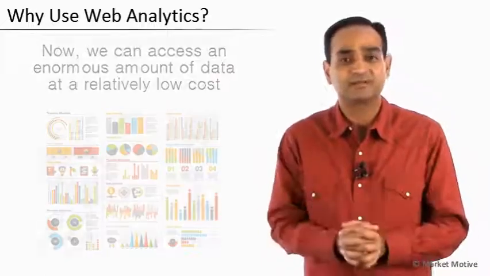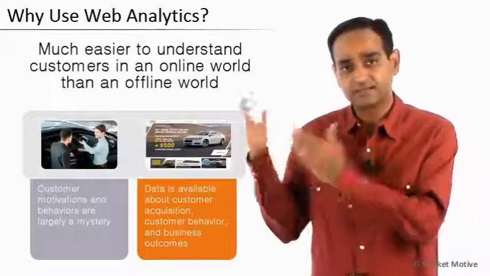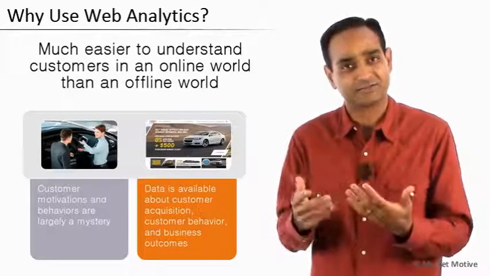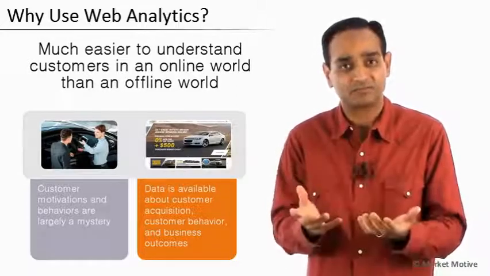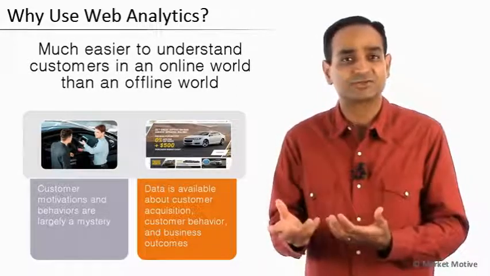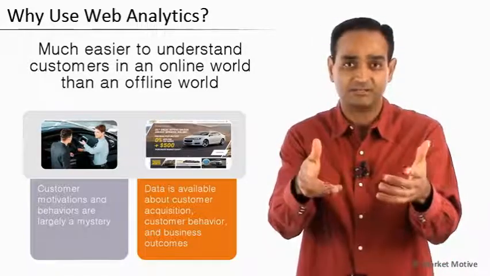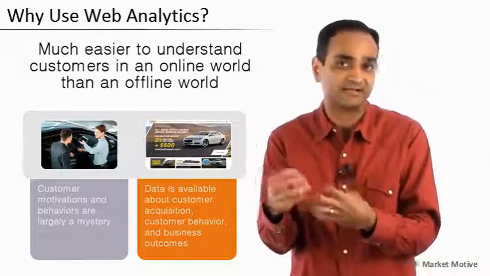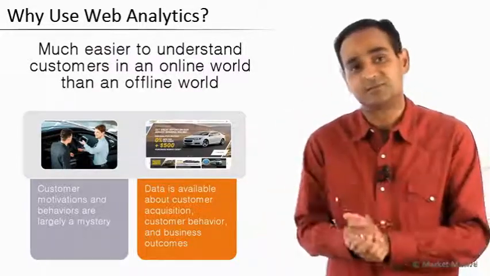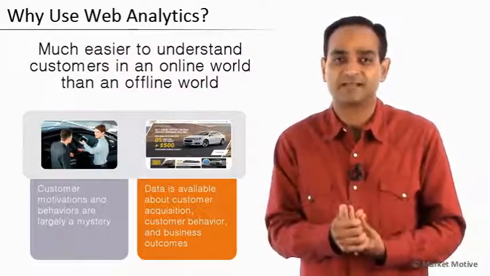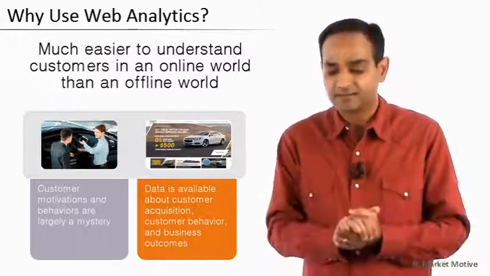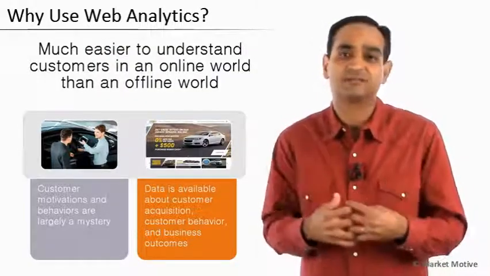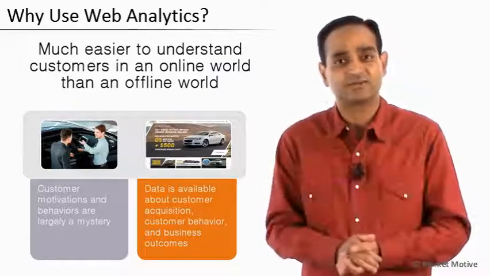For example, if somebody walks into a Chevy dealership here in Santa Cruz, you probably have very little idea about what caused that person to come to the Chevy dealership. But if somebody lands on Chevy.com, on the other hand, they bring with them a lot of trace of what caused them to come and engage with you. For example, they might have searched on Google for a particular keyword, and now you have access to that insight. Or they might have come in response to a television commercial that you ran and visited your website, and you have access to that. So a lot of this is a really great way to understand effectiveness of how you spend your money, which in turn helps you do very smart things when it comes to your consumers.